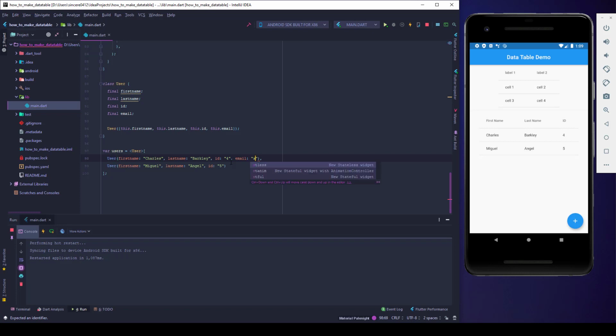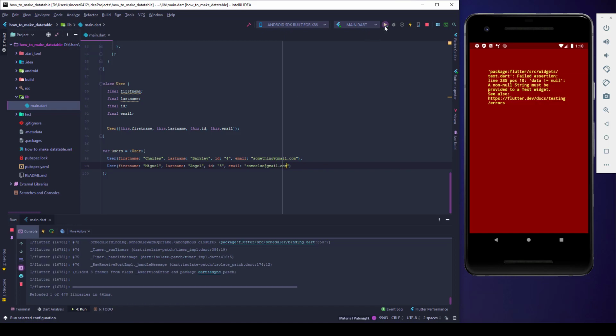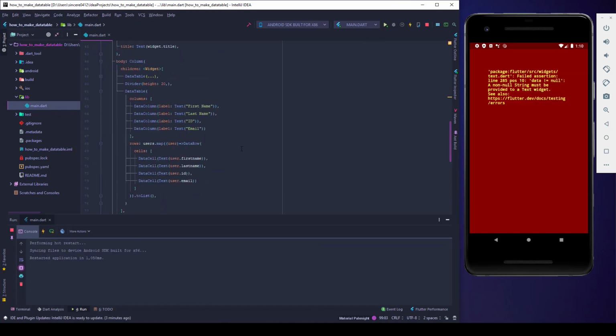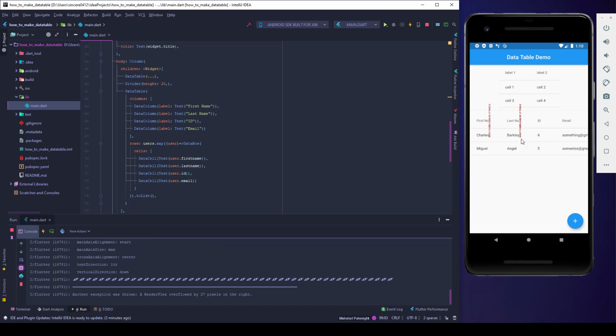Email something at gmail.com, and bear with me because I am getting to a point. Something else, some else at gmail.com. If I hot reload this, get the same error. Let's start it from the beginning. I get this nasty